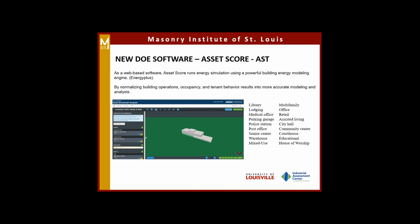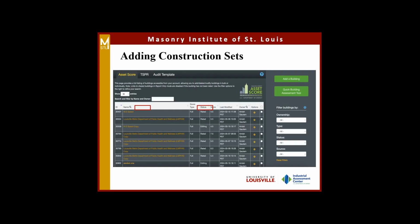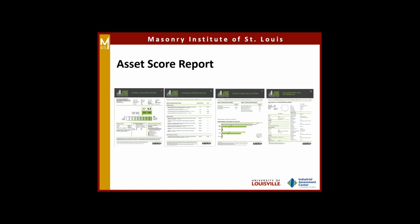And there's a number of basic uses in there. Then it looks at those and what are your typical HVAC units and how are they typically configured? It creates that for you. You can go in and look at different things that might change that element. And you can run that, and it's, by the way, a web-based system where you go in and run it, and it comes up with a score of your building. And then it tells you what you can do to improve the behavior of your building and the rough costs